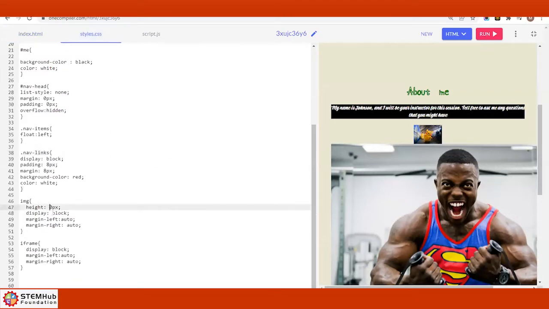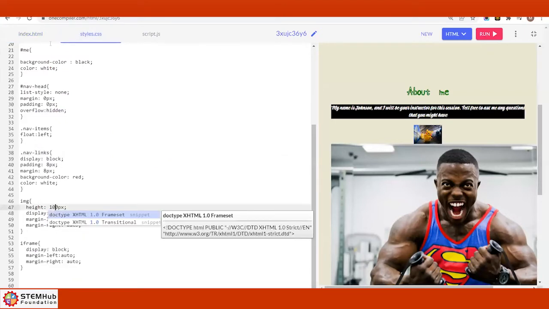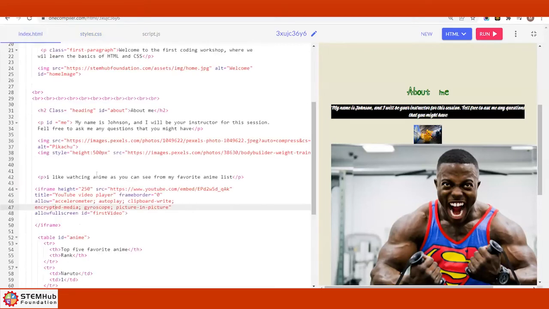Maybe I made my overall image 100, and then I made one image really large, 500. Who was able to do that? Make one image small based on their style CSS, and then one image very large using inline style. After this, I'm going to show you in percentages how you can make the image grow based on the screen size. But I want to see if anybody's been able to do this.